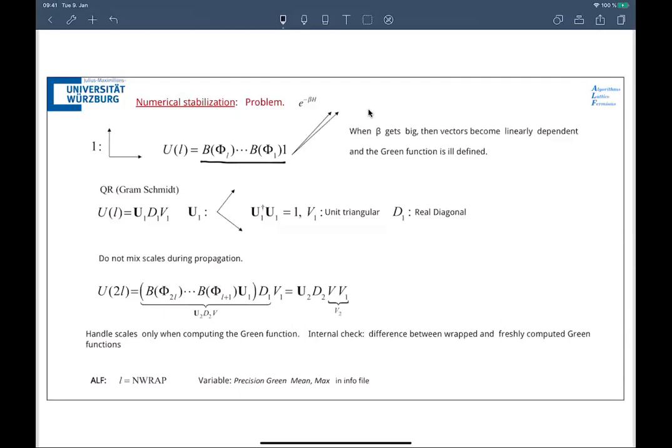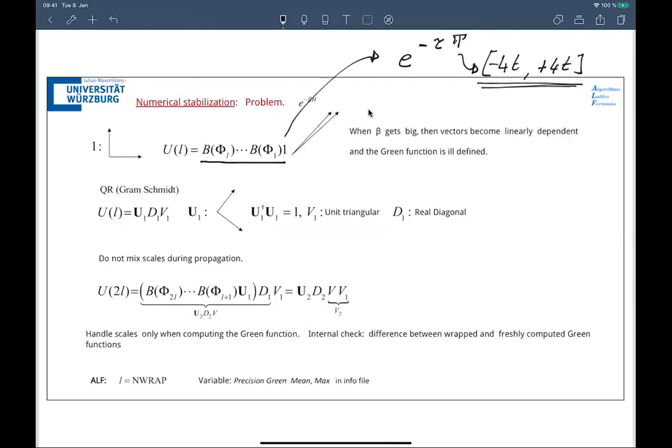If you think of just the non-interacting case, this would be something like e to the minus the total propagation tau times the hopping matrix T. If you take a square lattice, this hopping matrix has a spectrum, the eigenvalues of this matrix, which goes from minus 4t to plus 4t. And so you see that you have huge scales. If I put this in the exponent, there are some scales which are going to grow as e to the tau times 4t, and then scales which are going to decrease as e to the minus 4 tau times t. So that's a huge span of scales.